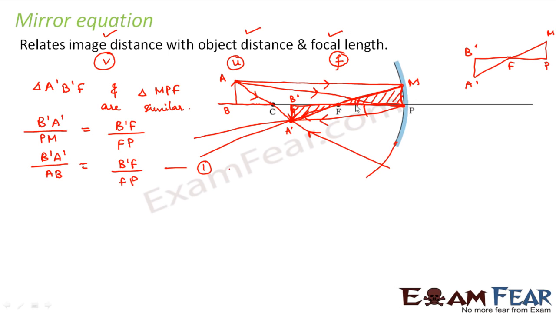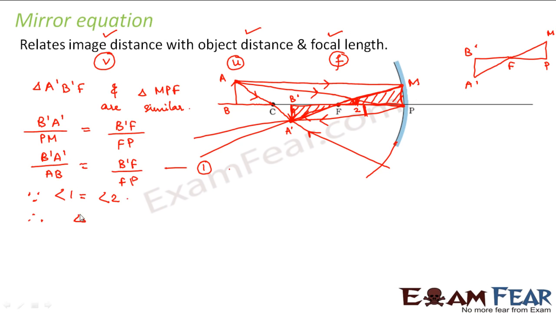Now, if you look at it, this angle will be equal to this angle, as I told you in rule number 4, that a ray which falls obliquely towards the pole, that means this is my incident angle and this is my reflected angle. Let me call this angle as angle 1 and this as angle 2. So that means angle 1 is equal to angle 2.